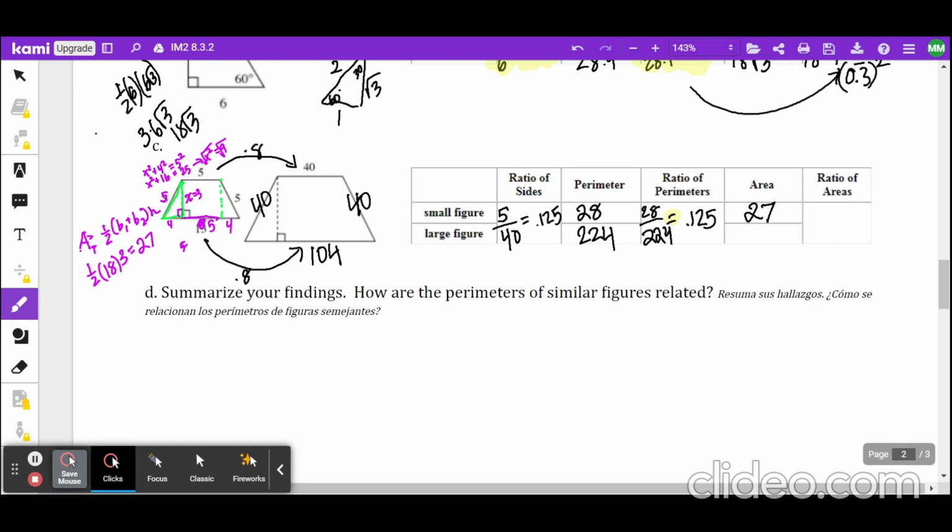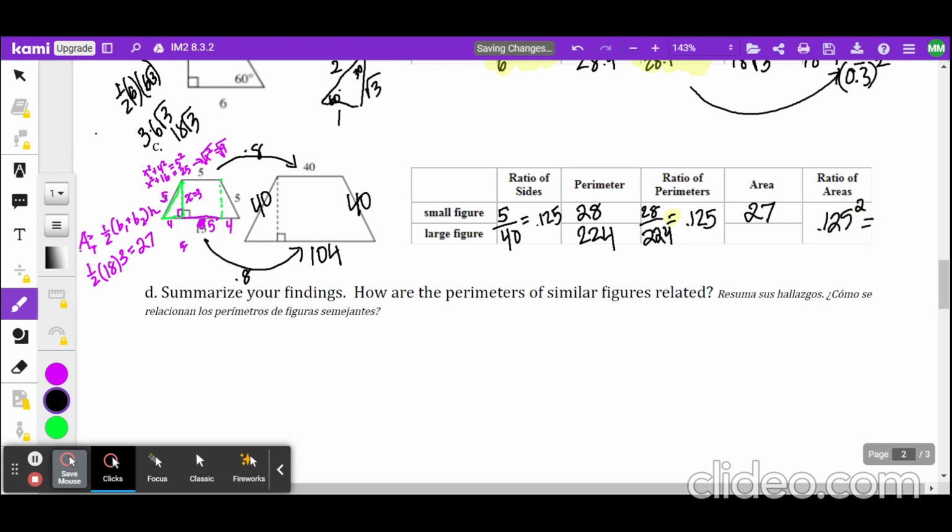Now let's find the area of my larger trapezoid. And I'm actually going to do this in a roundabout way. Now, I know that the linear scale factor is 0.125. And I know that the area scale factor is going to be the linear scale factor squared. So I know that the area of the ratios is going to be 0.125 squared, which is, let's see if this will work this time,